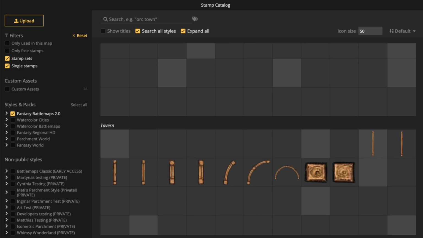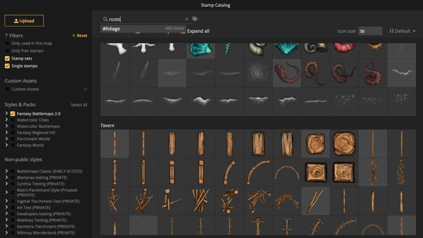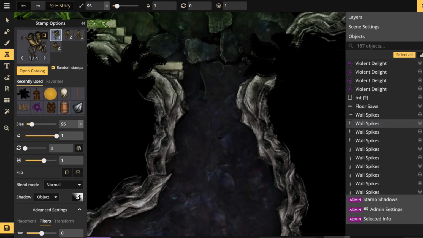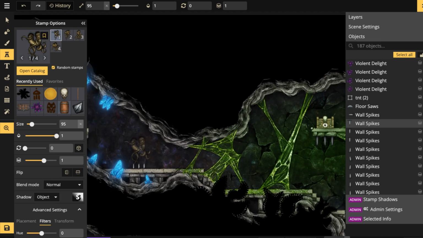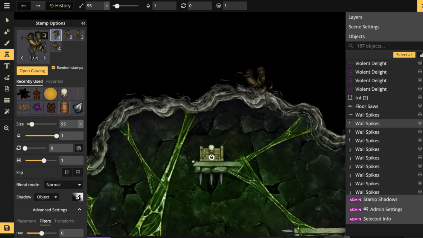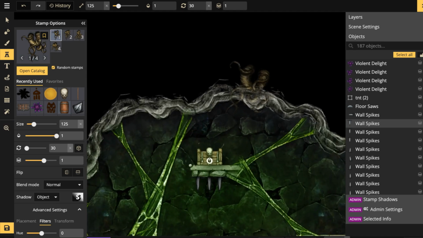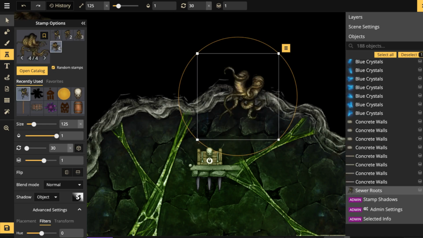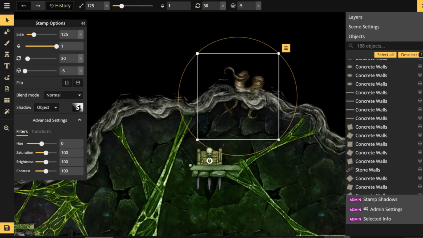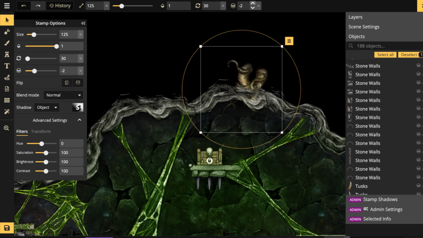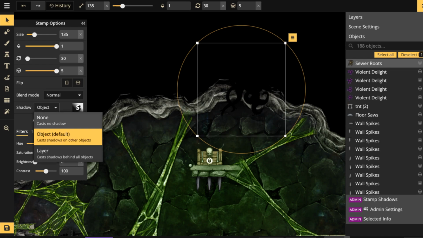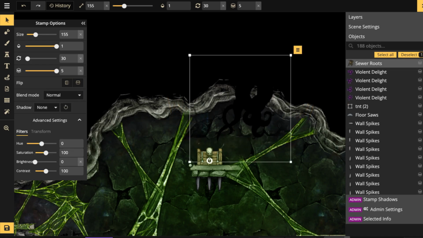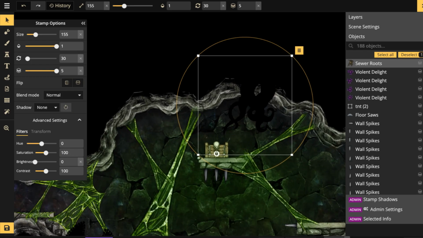Oh, you know, I know one that would work really well for our ceiling is roots. Okay, and because this is where the entrance is, we can assume that there's going to be some roots sticking out. So let's do that next. Roots will work good. There's a couple ways to go about it. You can do the silhouette technique where you're just doing black like this. Again, don't forget to turn off those object shadows. And so you can have it like this if you want, or you can have it to where it's just sticking out